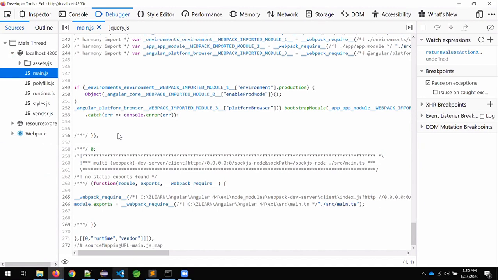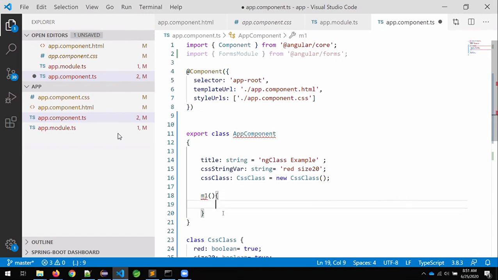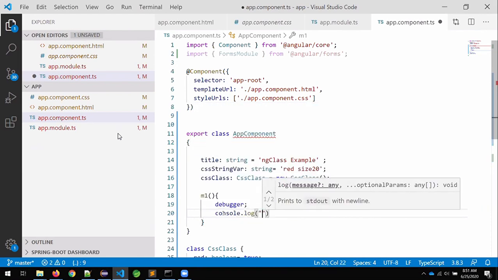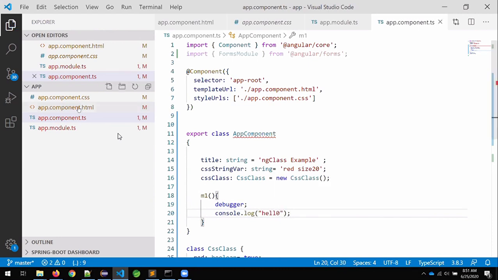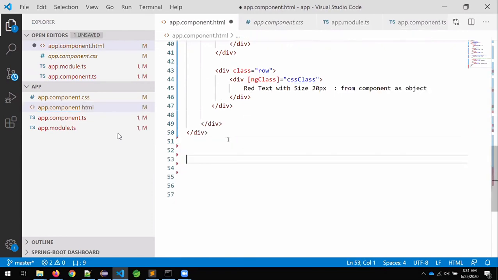Very tough. But observe, I'm writing a simple function M1. What is in it? Debugger, console.log hello. And in the component, I'm calling the function by clicking on this button, on click equal to M1.